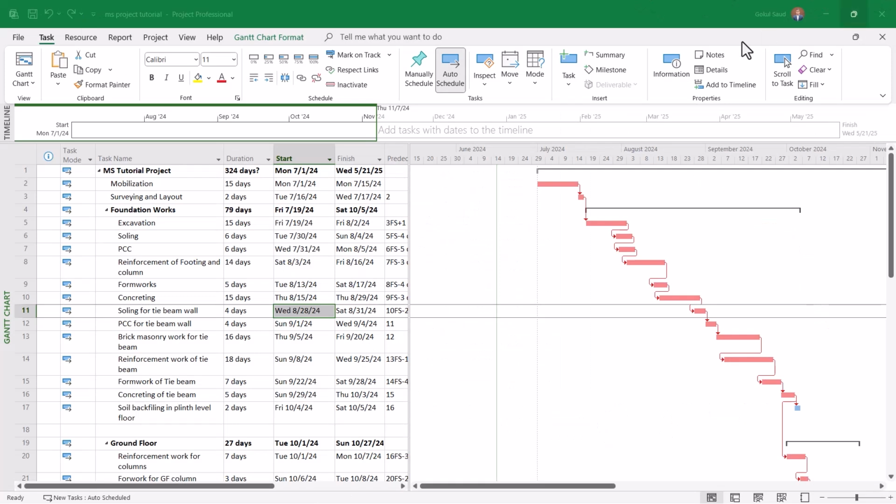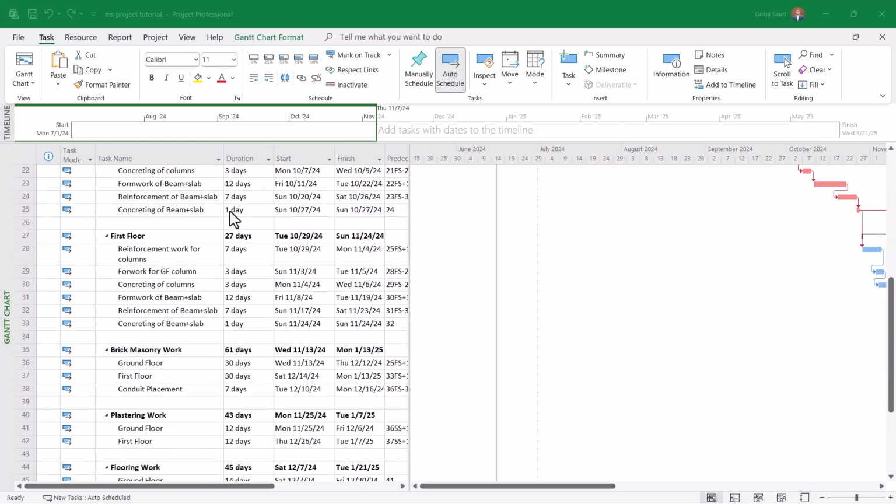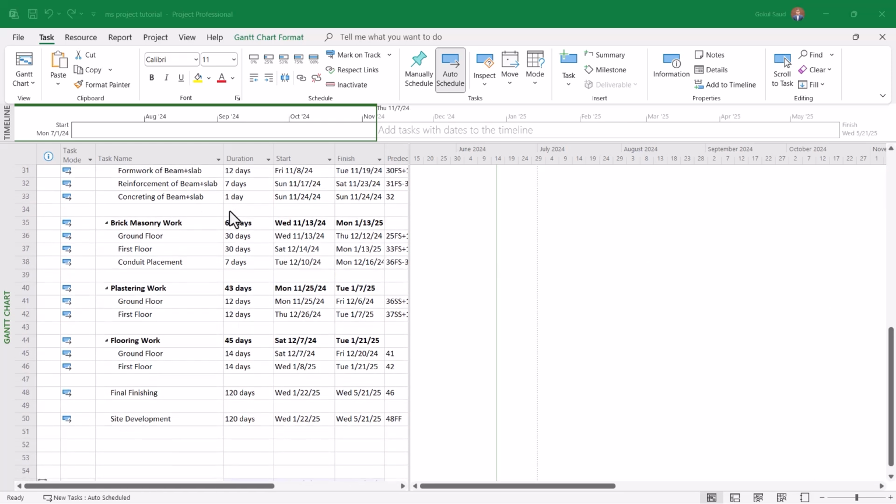Alright guys, so now we have completed the schedule of this project, and this is just an outline. For your project, you have to do these things in detail. Now what we do is print this to a PDF. For that, you press Ctrl P to print,